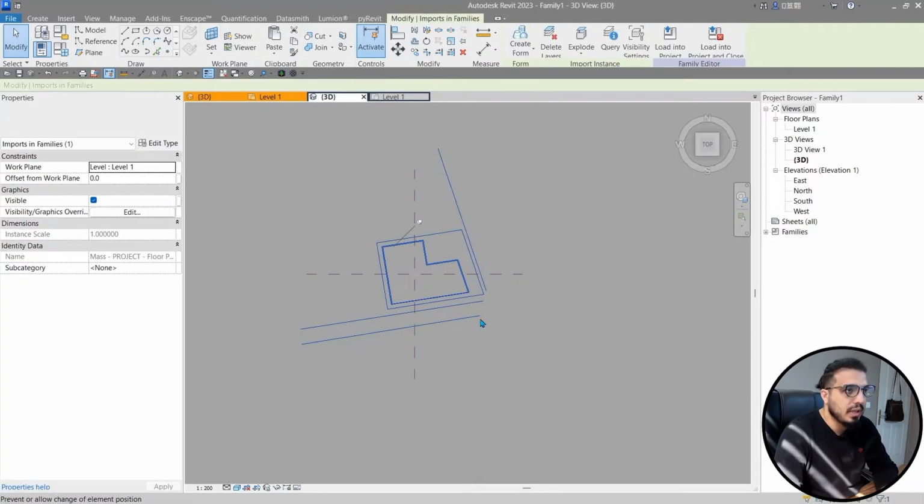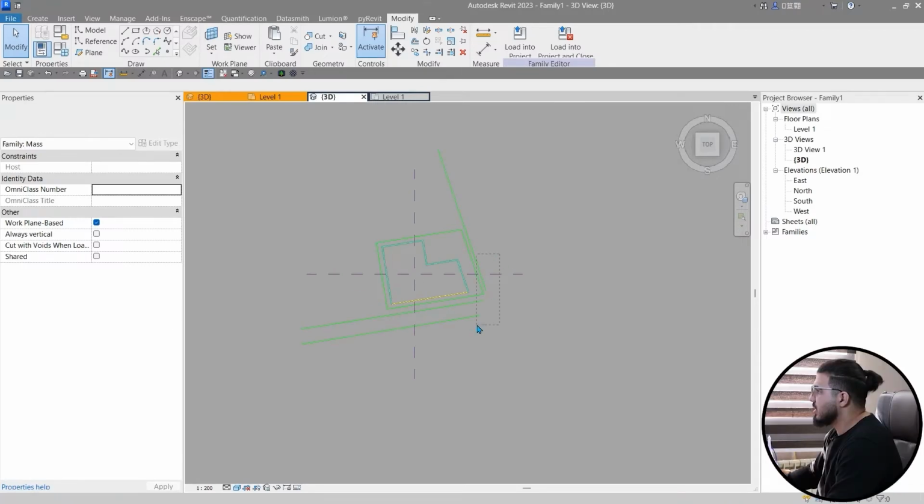And let's pin it again. Now I don't want to select it, so I will uncheck the pinned element selection. Now that's great, and then we can start to build our model around this site that we have. But before that, it is better to make this vertical and horizontal to be able to work much